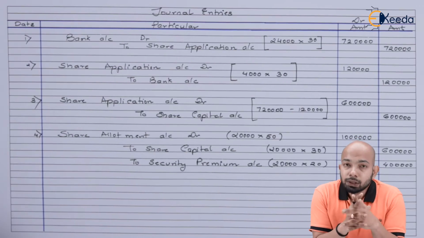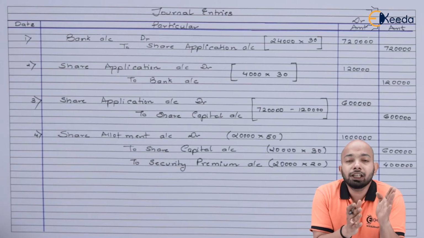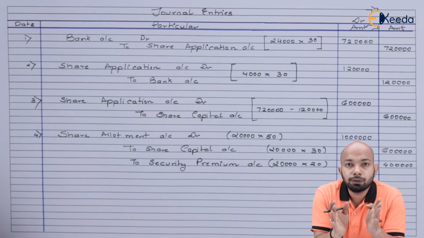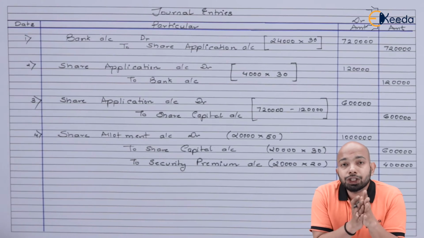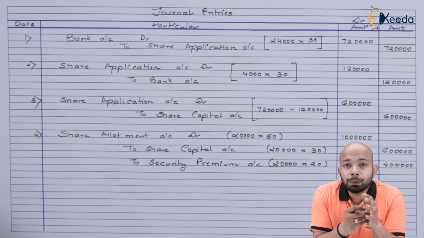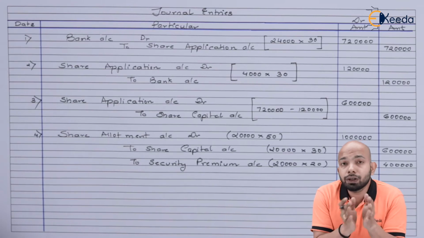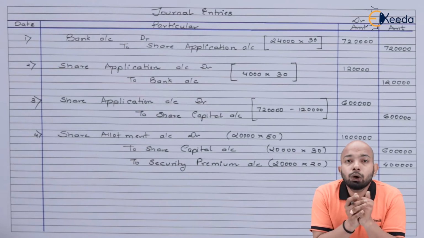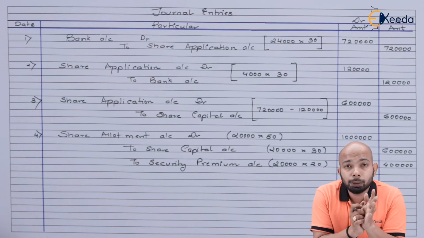So the total amount that you're supposed to receive in allotment is 10 lakh rupees. Now this 10 lakh includes capital amount of 6 lakh and premium amount of 4 lakh. Let's figure out what do we have in the receipt entry. As in the question, it was never mentioned that any shareholder defaulted on the allotment money. Hence we assume that the whole amount of allotment of rupees 10 lakh was received by us. Hence that will be the entry that will be passed here.